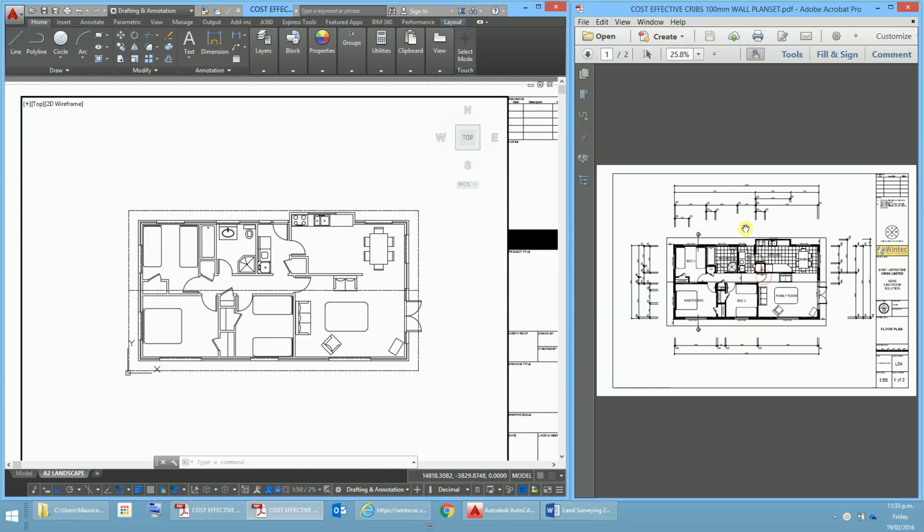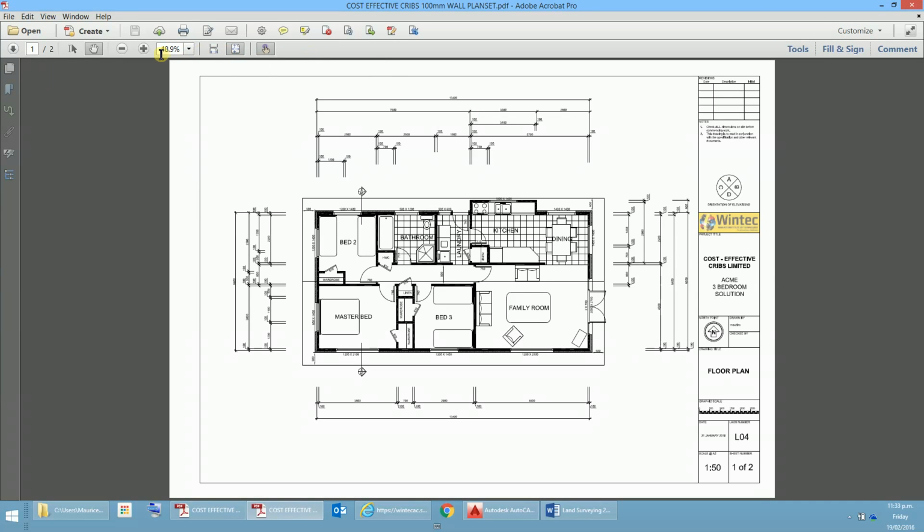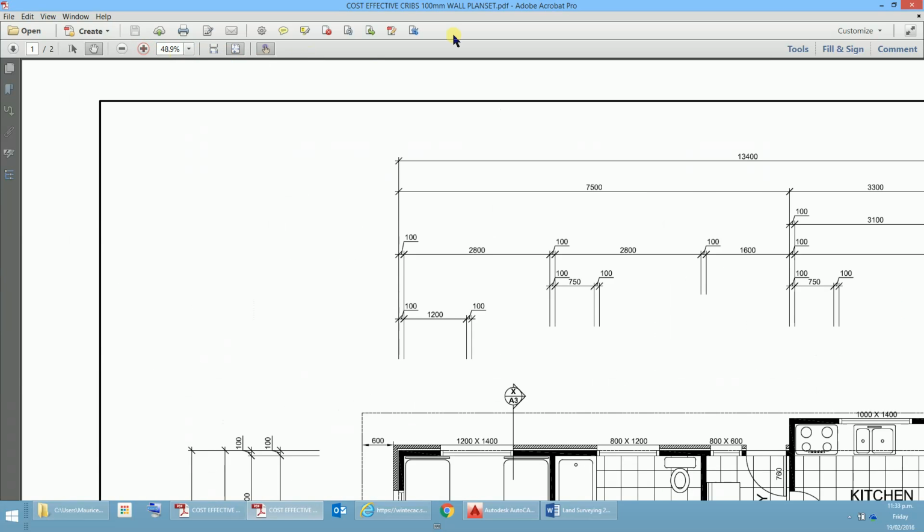the cost-effective CRIBS video plan I've drawn previously, where I had a width of 100 meters for the walls, and I'm just going to try and make that a bit bigger at this point here. Let's see if we can get that up there like that, and just increase